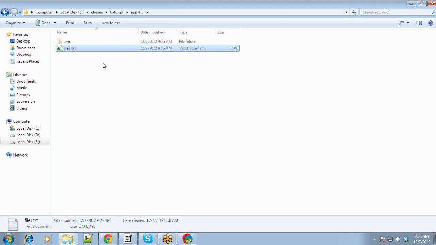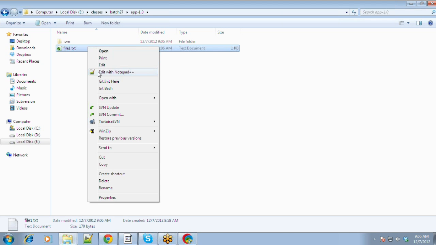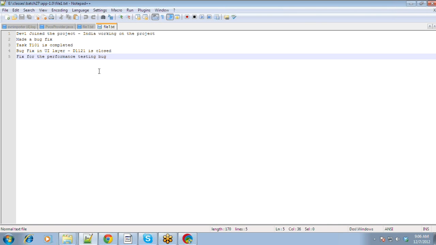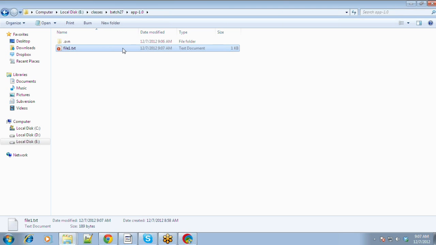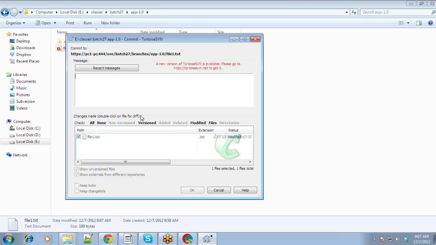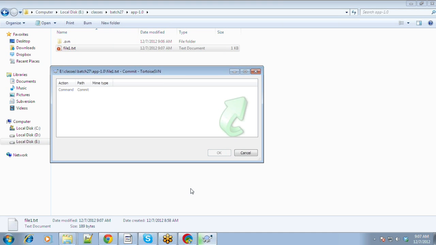I will make one more commit. Perfect. I am making one more UAT related fix. I am committing it. And this is also being committed to the branch itself. Okay. Now